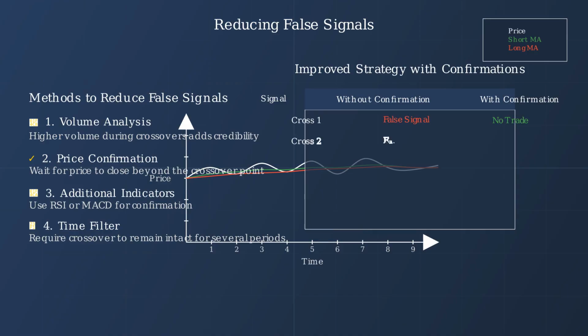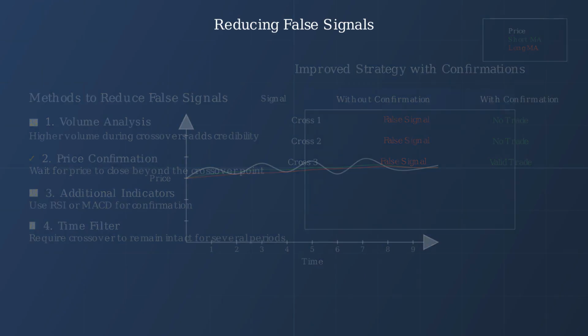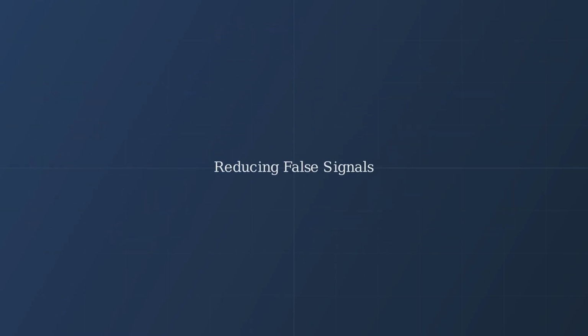As seen in this comparison, using proper confirmation techniques allows traders to avoid false signals and only take higher probability trades. By combining moving average crossovers with these confirmation techniques, traders can develop more robust trading systems that are less susceptible to market noise. The time frame you choose for moving average cross analysis significantly impacts both reliability and trading